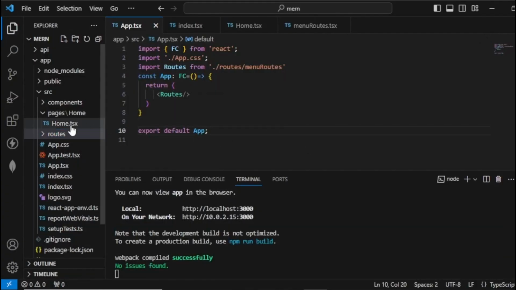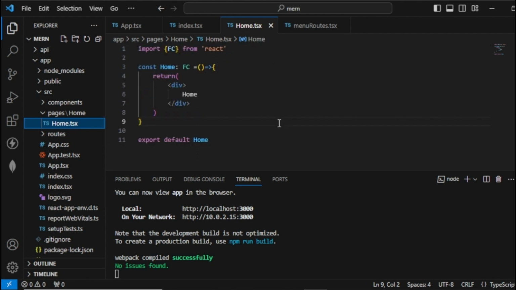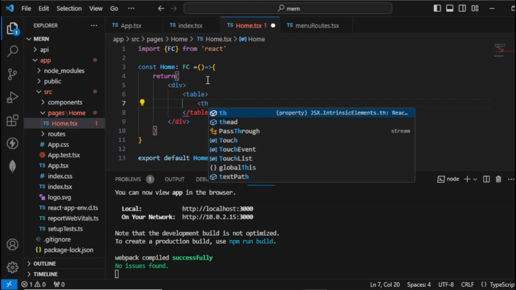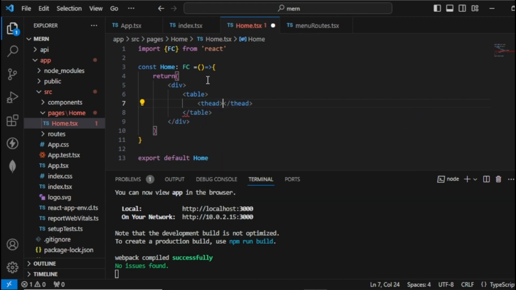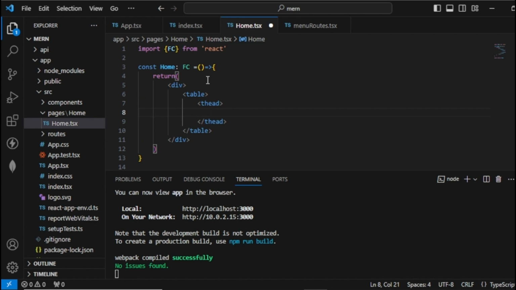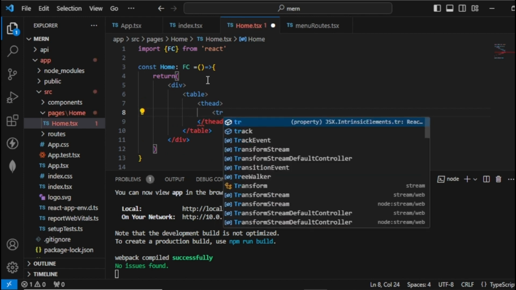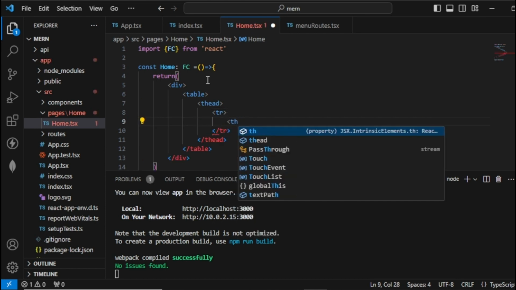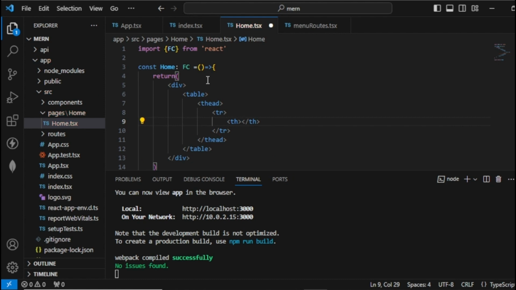So from here, head back to our home.tsx. Okay, so let's apply a basic table structure. Let's begin by typing table. Now, within the table, we have the thead, and then let's wrap that with tr. So from here, let's begin inserting our header. Now for the header, we have the following. So we have the title,